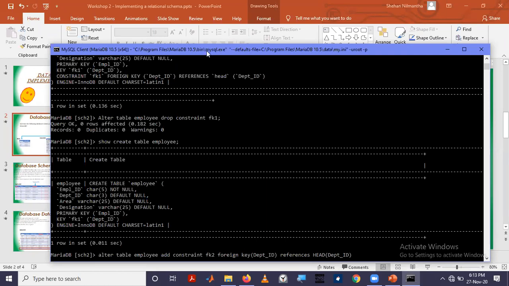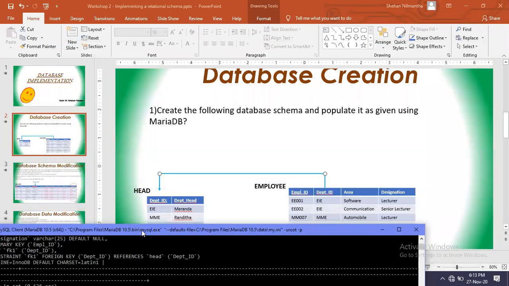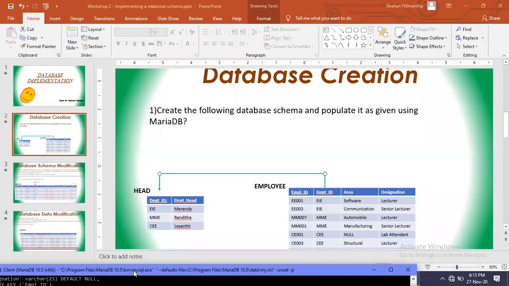And in this foreign key constraint, what happens? Now this has a foreign key constraint from this one to this one. That means there is an EIE record in here, and there is also an EIE record here. What happens if someone deletes this EIE from this head table?